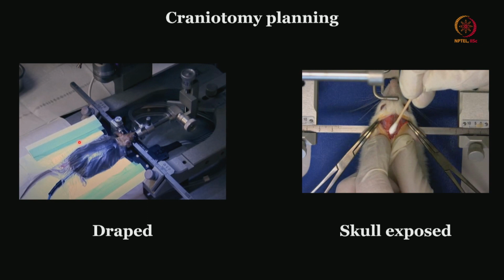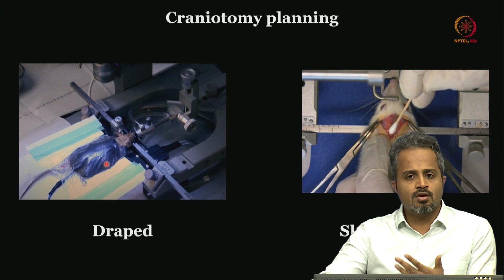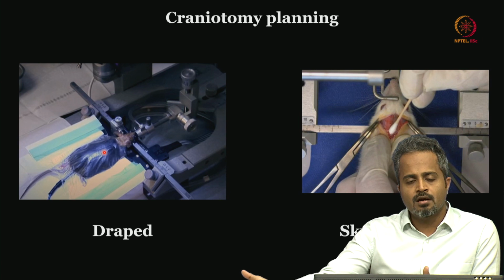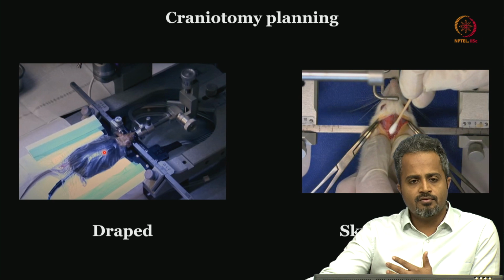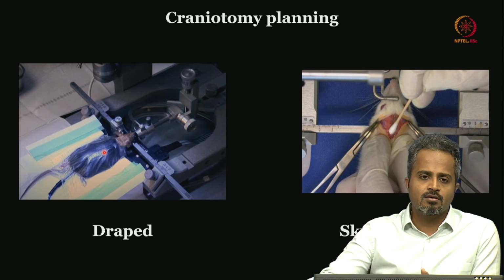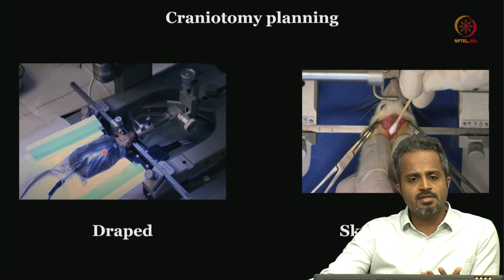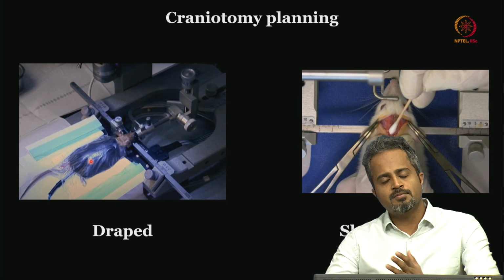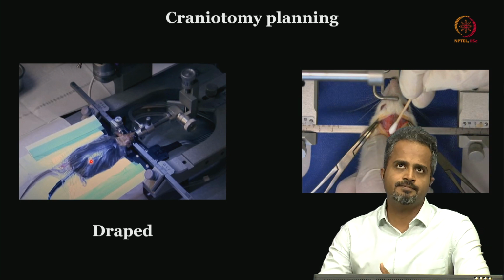So the idea behind having this impervious waterproof layer is that when we talk about asepsis, when you use the cloth material directly over the rat, and you will be using irrigation during the surgery, when that happens and the cloth becomes wet, then the entire field is considered unsterile. All right, so the pathogenic organisms can easily get into the field. So it's always good to have this waterproof impervious layer, preferably usually it is Opsite, or sometimes we can even use the